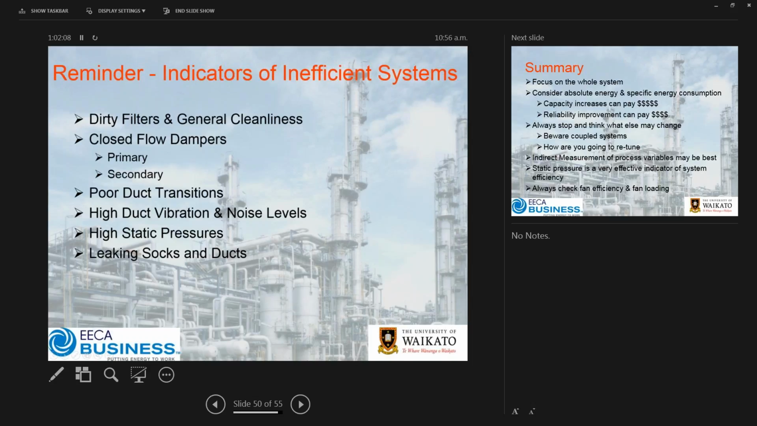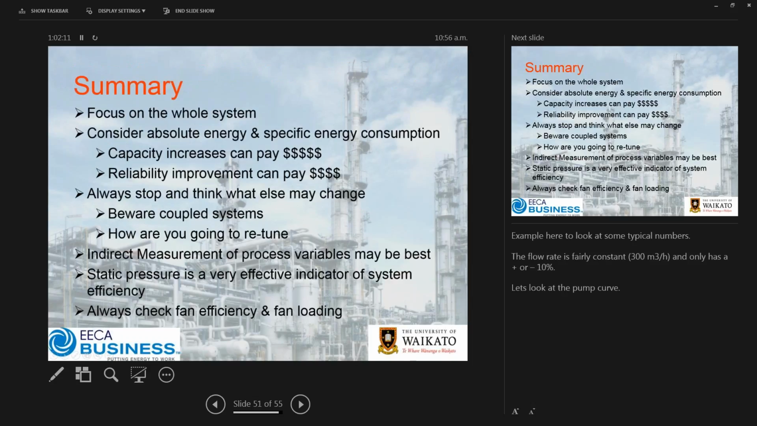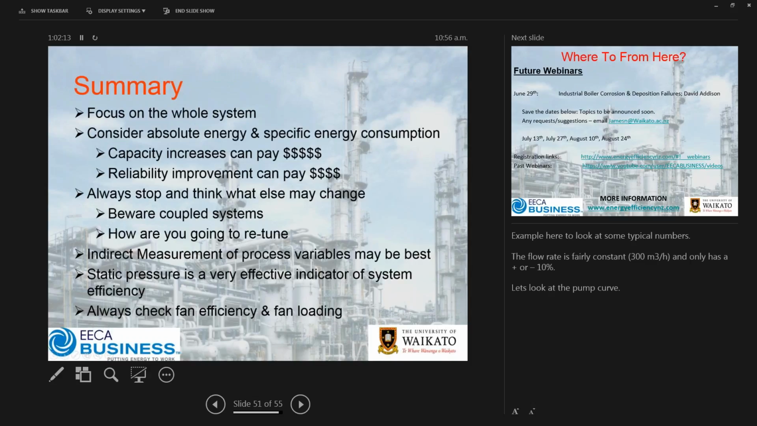Just as you do a walk through your system, you're able to pick up there's some opportunities to take advantage of. So in summary today, ultimately we need to remind ourselves to stay focused on the whole system when we're looking at taking effective system measurements. We need to consider the absolute and specific energy consumption. And a reminder here that typically fan power, although it's a saving, is going to be fairly modest, but you'll have potentially capacity increase opportunities, reliability improvement opportunities that can ultimately help you to fund getting a change or an